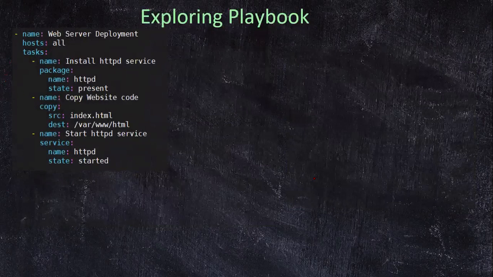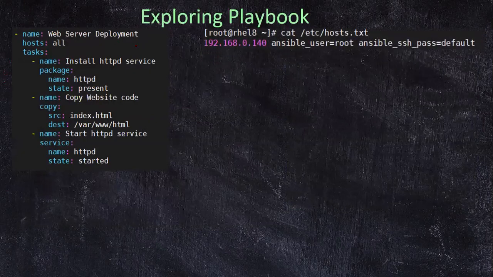Now let's have a look. This is the specific code that we have written. This is our play. In this specific play, we have mentioned a specific host. So in here you see hosts: all. This all basically refers to a default group which specifies all the hosts mentioned inside your inventory. So this is my inventory file that I have created, and within it I have this specific host.